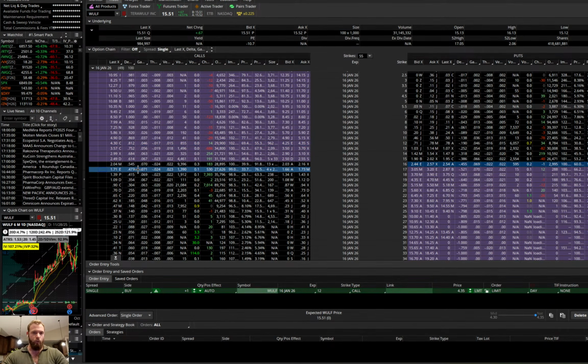This right here is a 48 delta. If we use this 48 delta, that would lead us to believe that this option has a 48% probability of expiring in the money. If we look at the actual probability calculation, it's only 34%. So you literally have a 14% variance between using delta and the actual probability calculation. That has everything to do with volatility, and everything to do with duration.